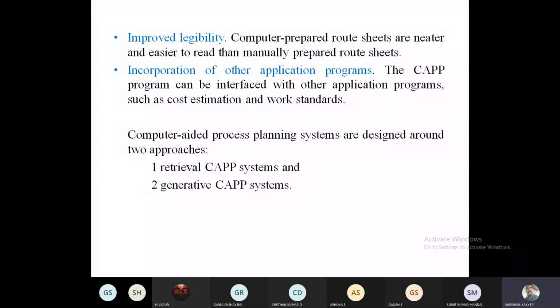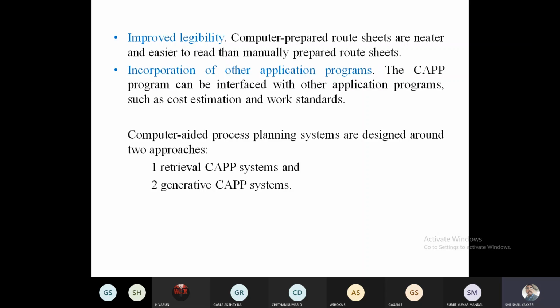That is the whole meaning of retrieval CAPP. Similar data is already available, and I am going to retrieve it and make it suit my production planning, and that process sheet, that process route, will be used. That will be retrieval.